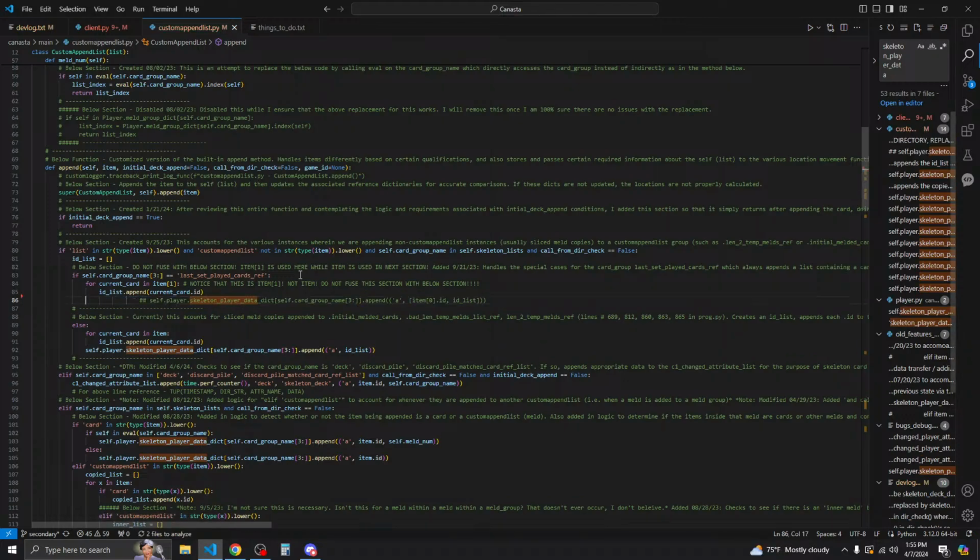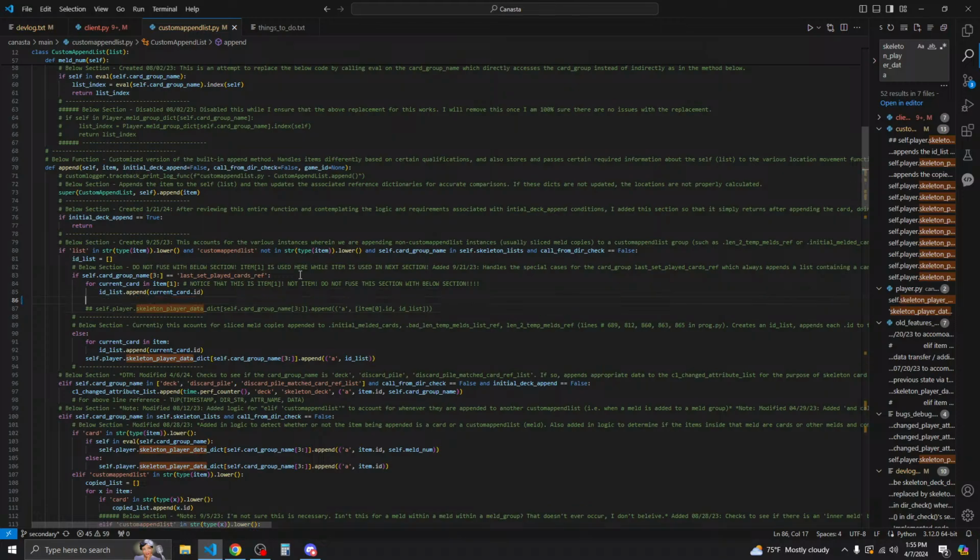So this we're gonna need to know which dictionary, which list we're gonna be adding this data to. So instead it's gonna be C1 or C2 changed attribute list append.